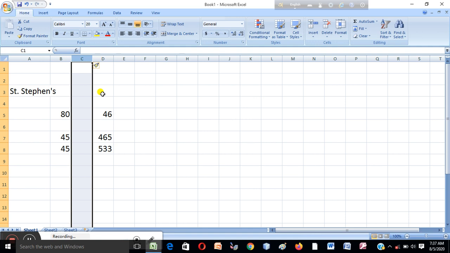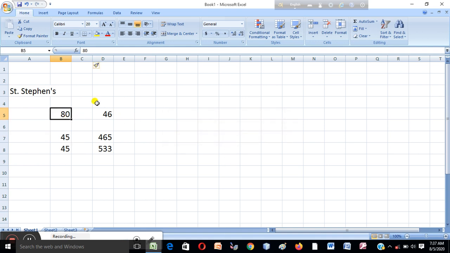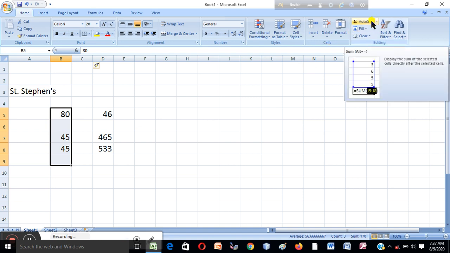So after this we will learn an option for some calculation. Suppose you want to calculate or add the values. First I select the values, then go to the auto sum option.